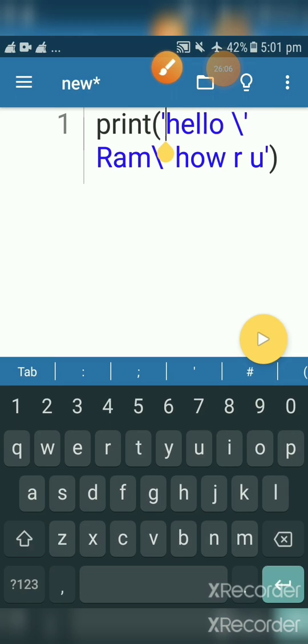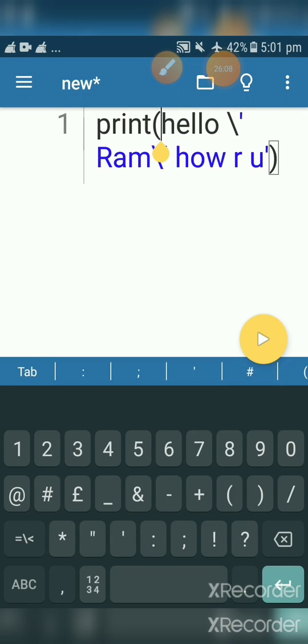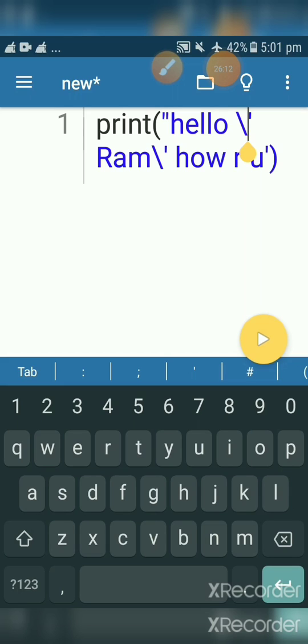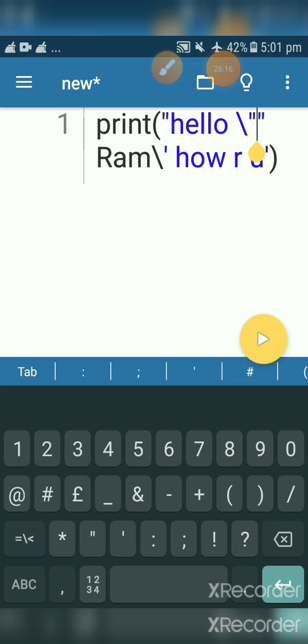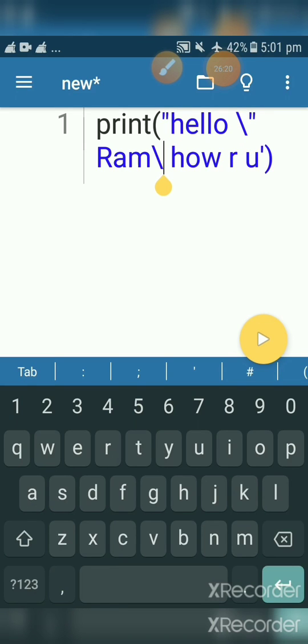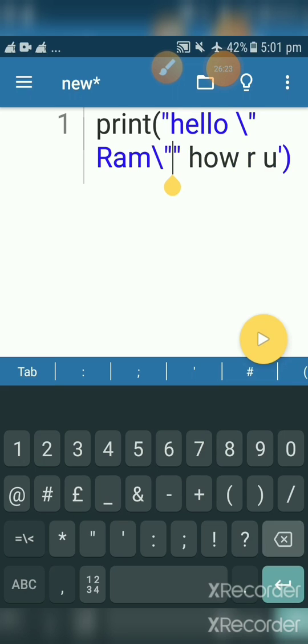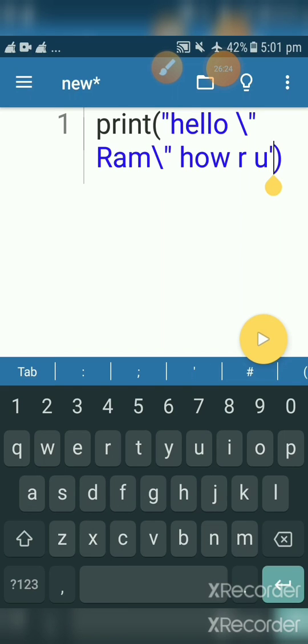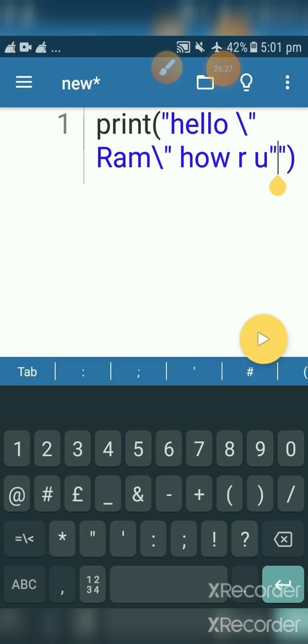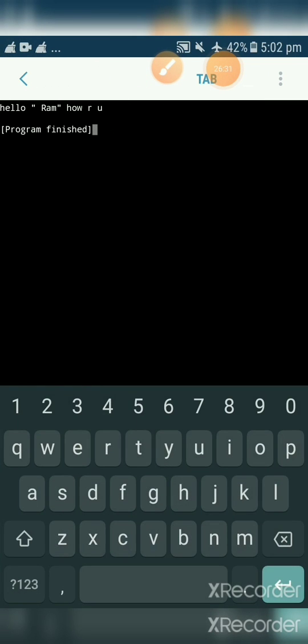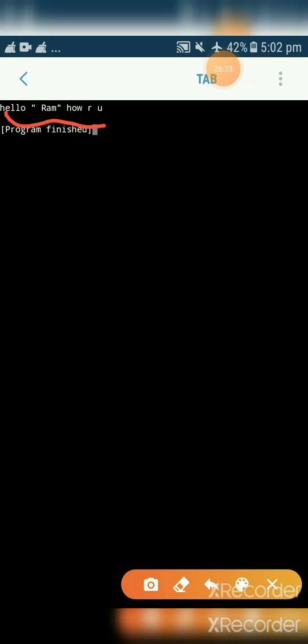Here put double quotes, here also put double quotes, here also put double quotes, then at the end also put double quotes. Now run. Again see, hello Ram, how are you? You are getting your output.